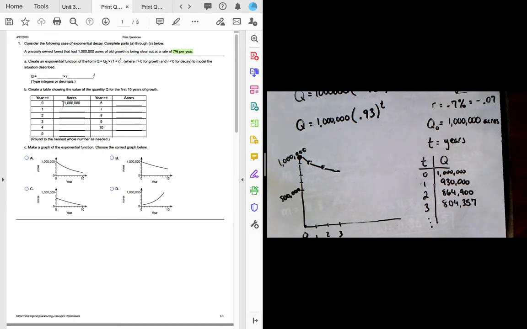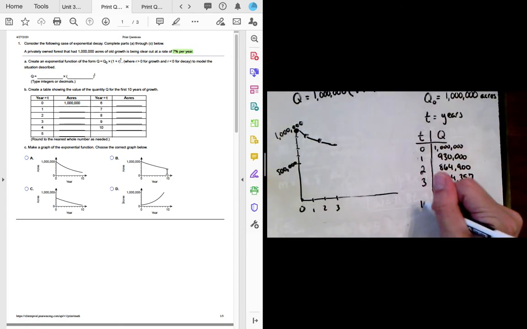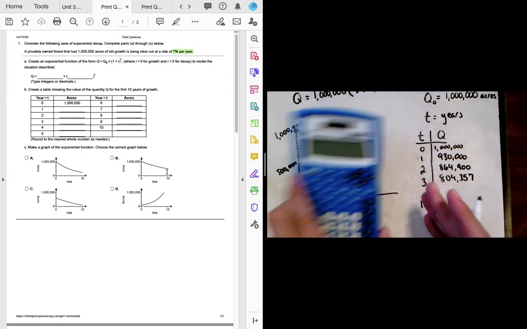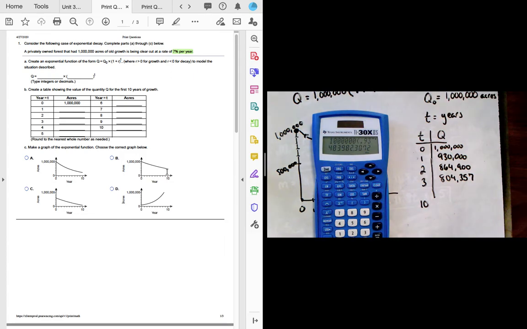So which of these is it? I would say it's this one here. You can see that this one is dipping down way too much. Another good way of checking is to see what's happening after 10 years. If you weren't sure between those two choices, you could say, well, what's happening at the very end at 10 years? Plugging 10 into this equation gave me about 483,000, roughly, or 484,000, really,